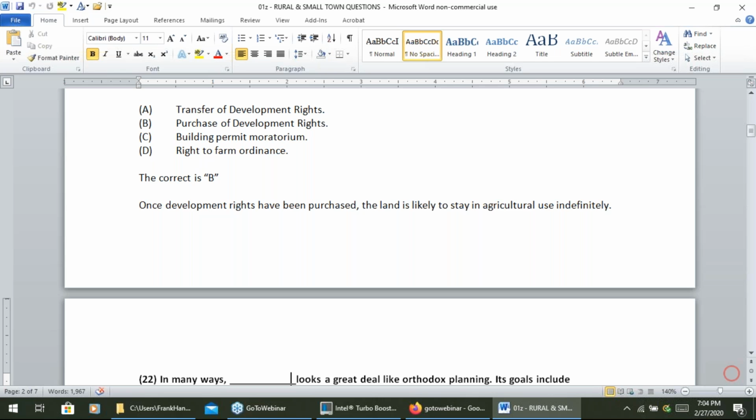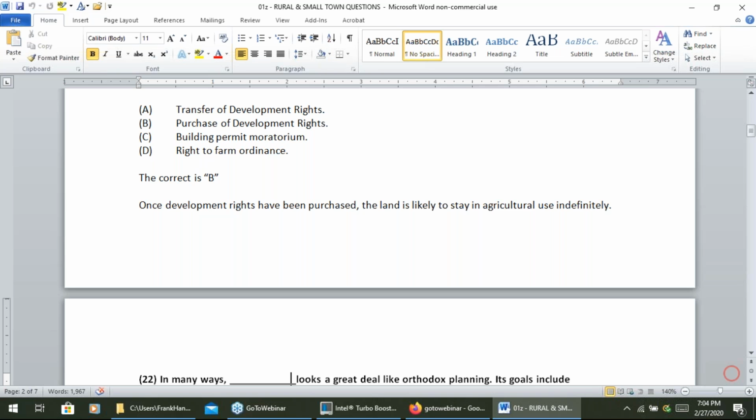All right. Generally, APA has the following type of bias, so you'll see it in their questions and on the exam. If they're talking about how you preserve stuff like agricultural or conservation lands, the more you actually control it as an end result by government, having ownership of it, the more they think that is an effective way to do it. So outright buying it is probably at the top end.